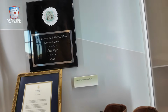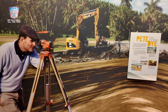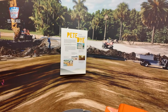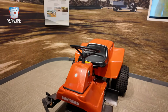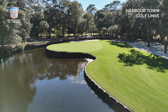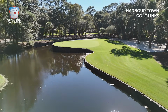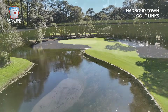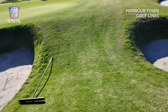What did Pete do here? Well, he created a masterpiece of modern innovation. He didn't come up with railroad ties and bunkers. He saw that at Prestwick or places in Scotland or Ireland, but he brought it to the United States. Pot bunkers. He didn't invent pot bunkers, but he made great use of them and made them part of American golf architecture. But this golf course, through the trees, out to the marsh,